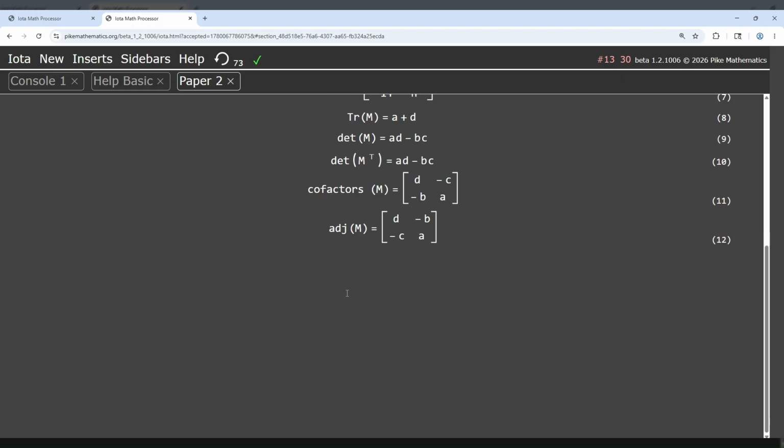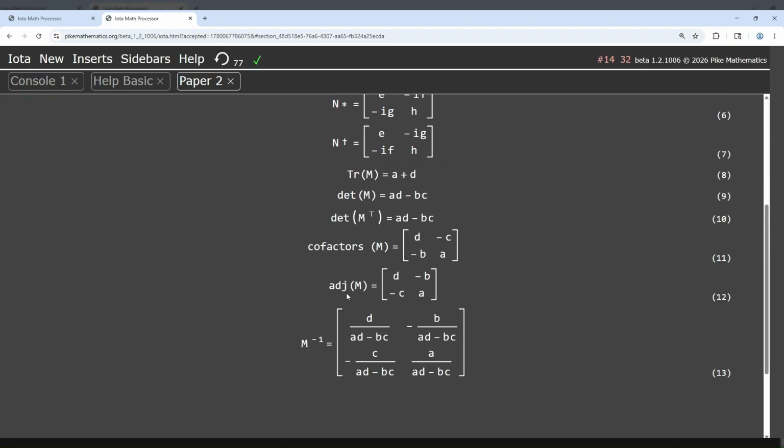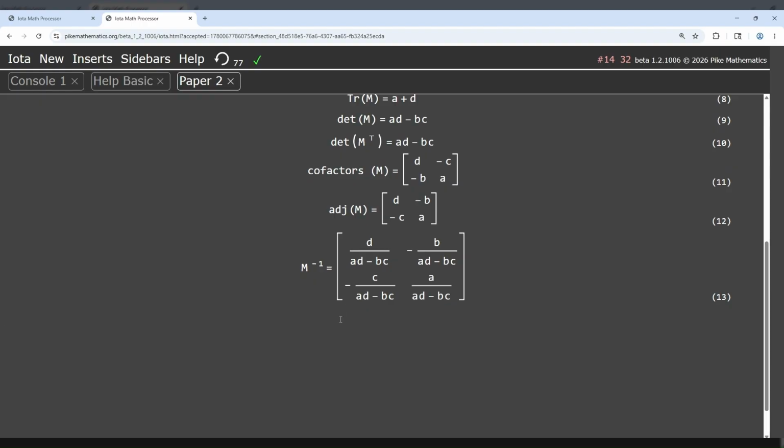And the last, but definitely not least, I want to talk about inverses. So if I want to get the inverse of M, all I do is raise it to the -1. And there's your inverse. If you want to look under the hood of how the inverse is calculated,